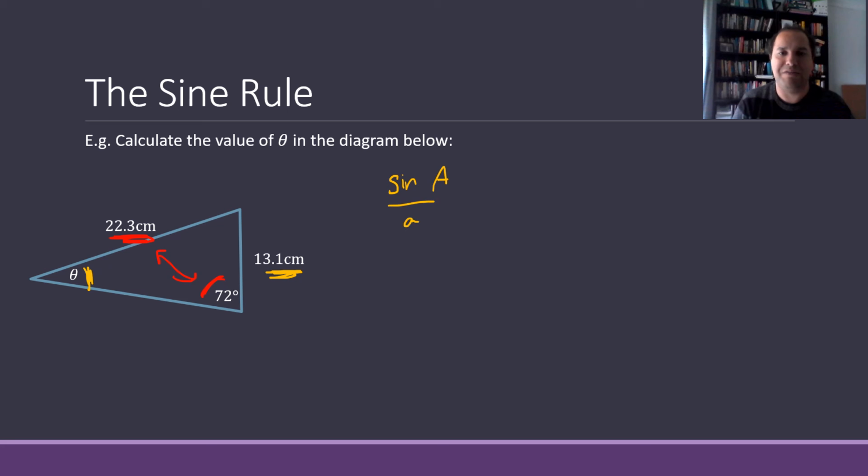So sine A over a equals sine B over b. So sine theta over 13.1. So our unknown is on top and the opposite side is in the denominator, equals sine 72 over 22.3. Now rearranging this by multiplying both sides by 13.1,